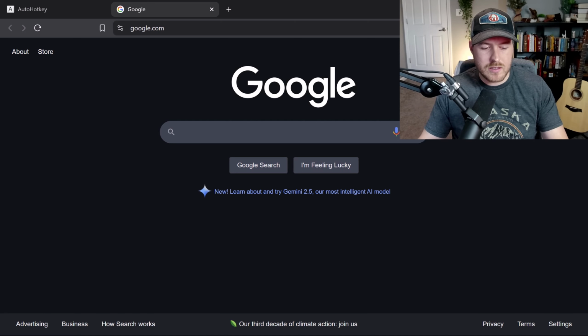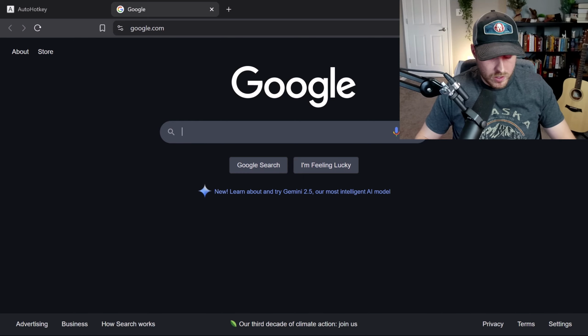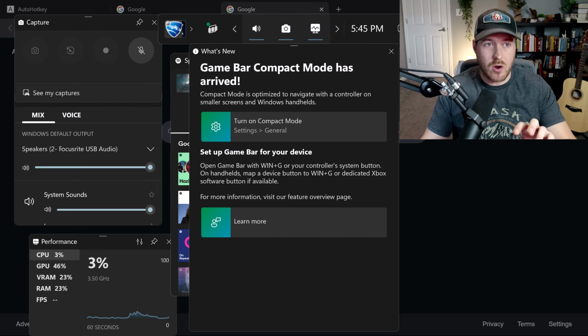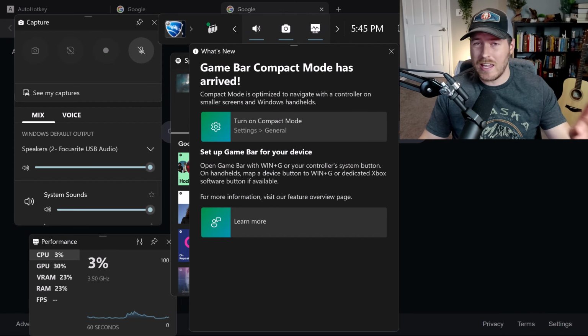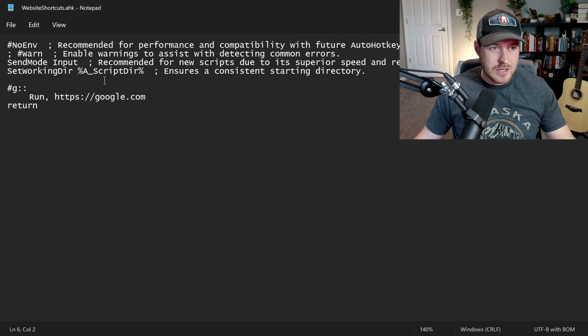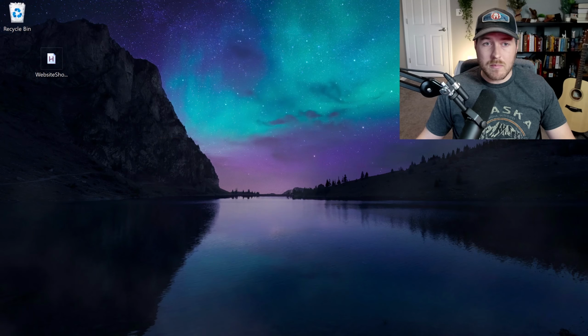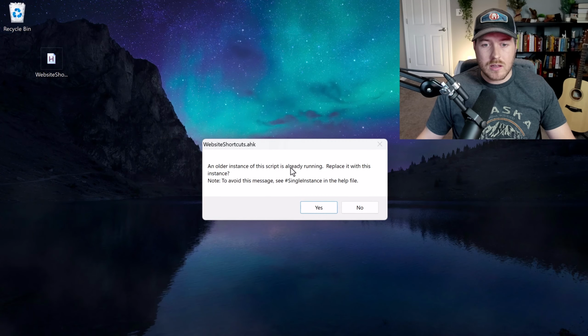Now there is one caveat to this, and the fact that we are now overlapping some shortcut keys. When we hit Windows G, you notice that there is an overlay that I have running, and this is the game bar that comes with Windows, and it might conflict with our shortcut key. So we may want to change it to something other than Windows G. So if we go back to editing our shortcut, instead of the #, which is the Windows button, let's change this to something like the control button, which is the caret symbol, and the exclamation point, which is the alt button. So now if we save this, minimize it, and double click on our script again,